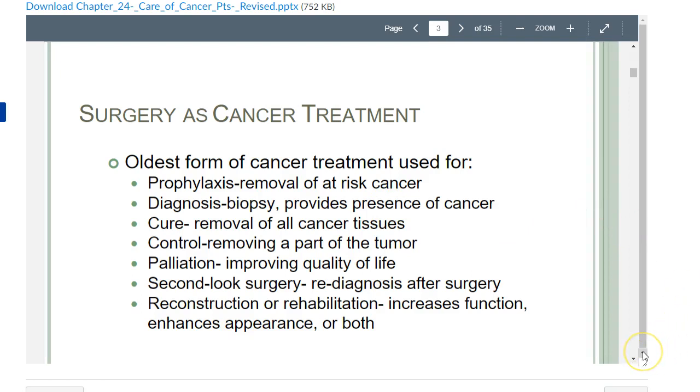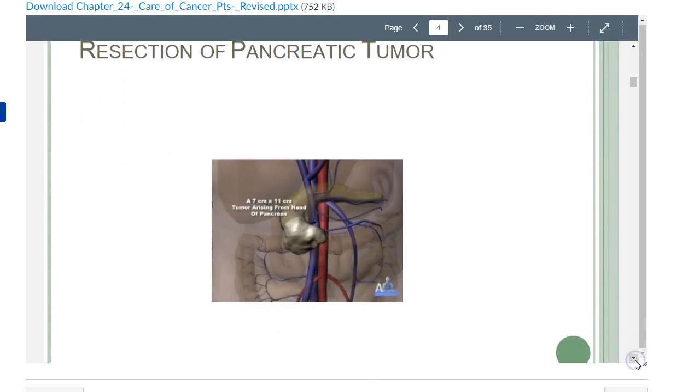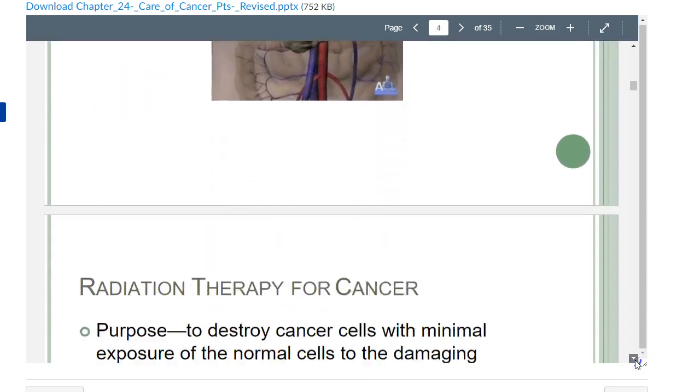Okay, so that's kind of what would be the many reasons why there would be surgical treatment for patients with cancer. Okay. And this is just showing a picture of a resection of a pancreatic tumor, okay? And then